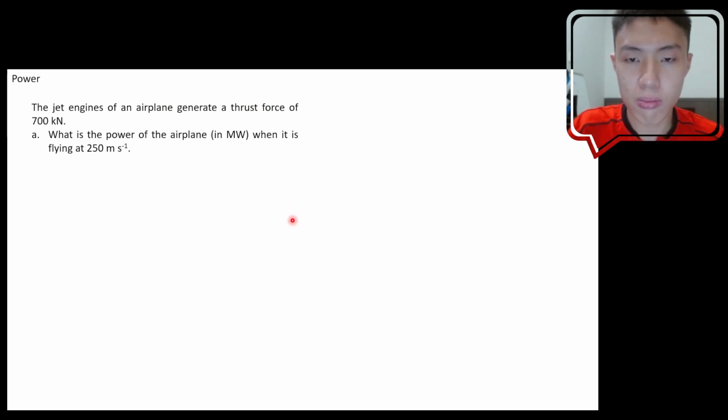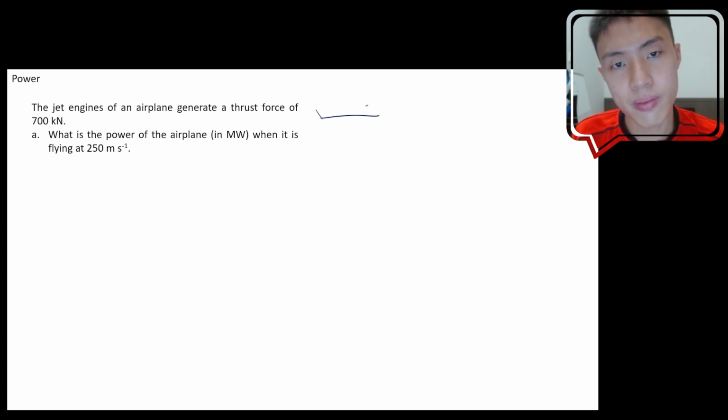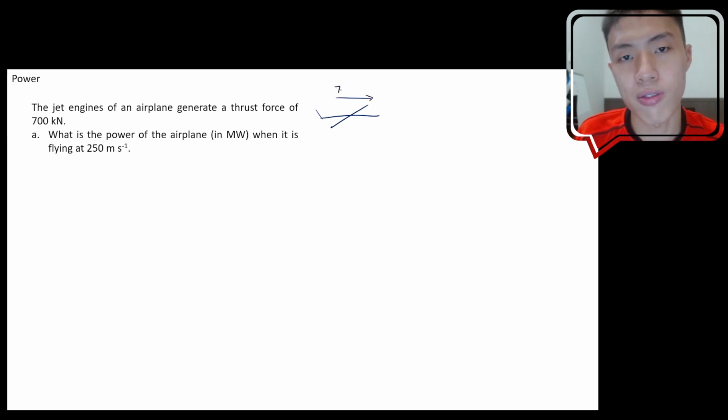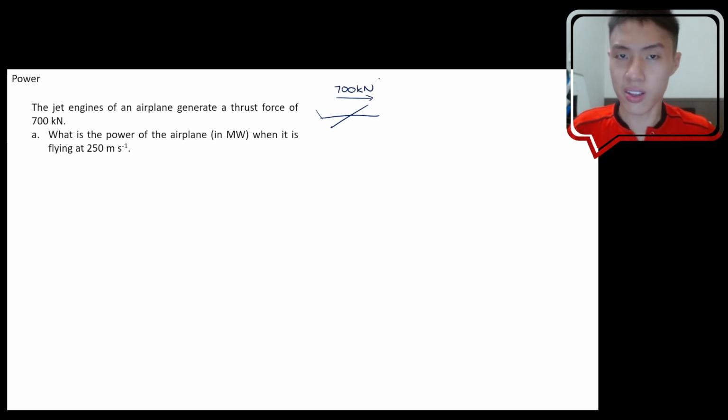So if you want to imagine the situation, you can think of it as you have a plane. This is your plane now. This is the tail, this is the wing of the plane. The plane here is generating a push. It is pushing itself forward with a force of 700 kilonewton. How does it push itself forward? Well, there's a turbine on both sides, right? So they generate a thrust of 700 kilonewton to push the